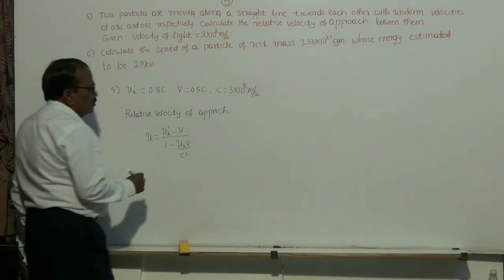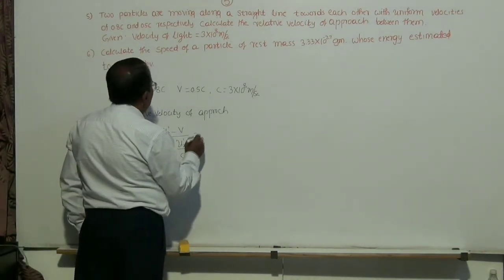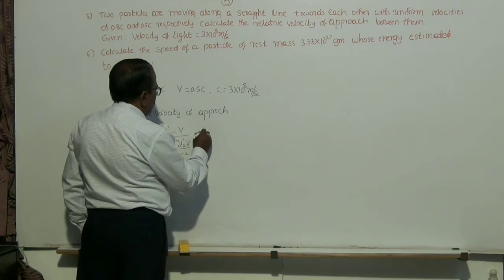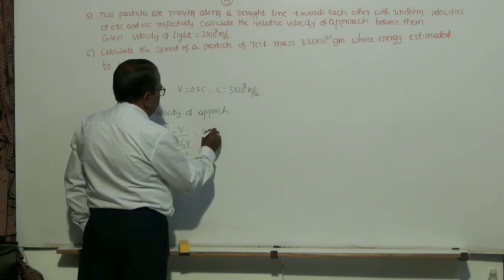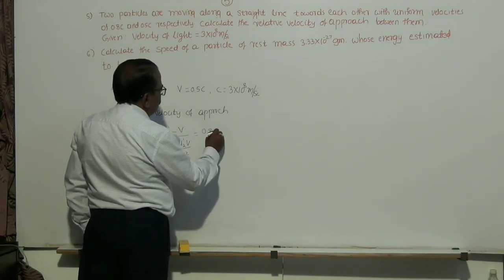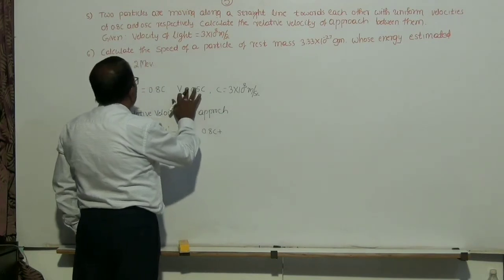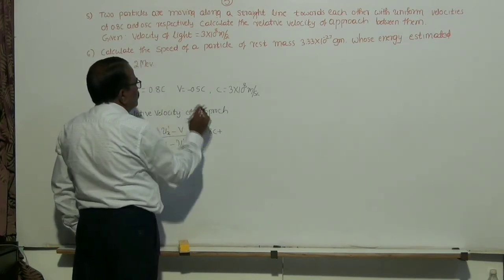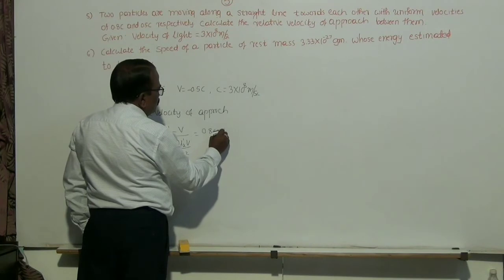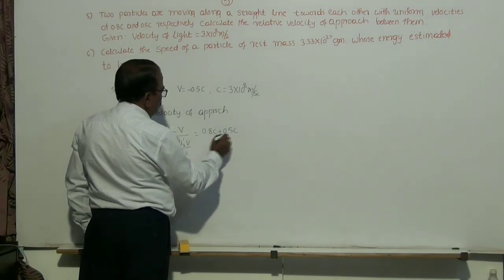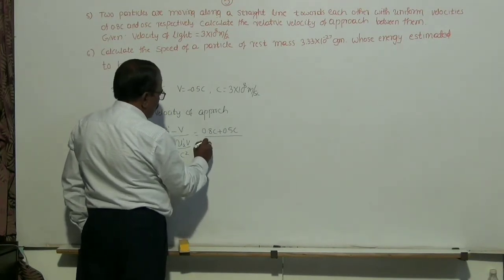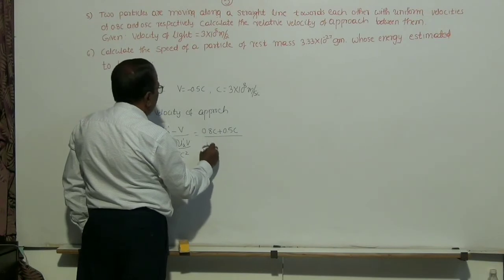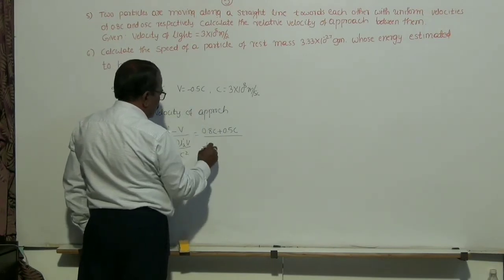Then this is 0.8 c plus, this you should take as minus 0.5 c divided by 1 plus, because of this negative sign,